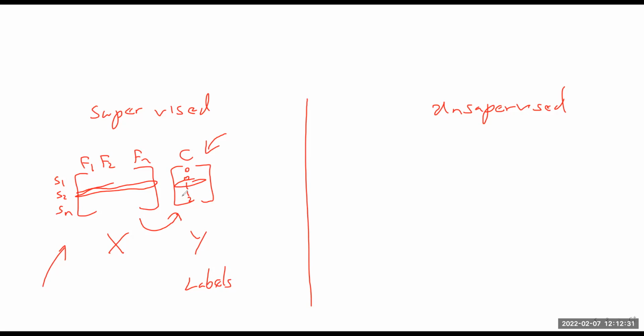That's supervised learning. Unsupervised is when you have only the X data. There is no Y data. So the Y vector does not exist here. So we have sample 1, sample 2, sample n, F1, F2, all the way to Fn. You guys see that? Why, though, would we have a situation like this? Why not just have everything be supervised learning?